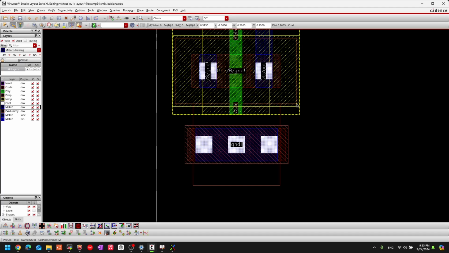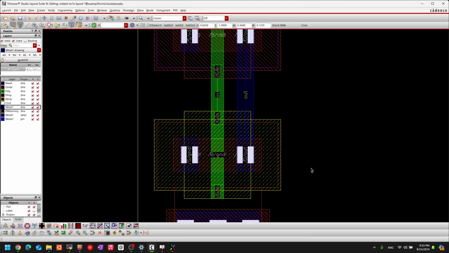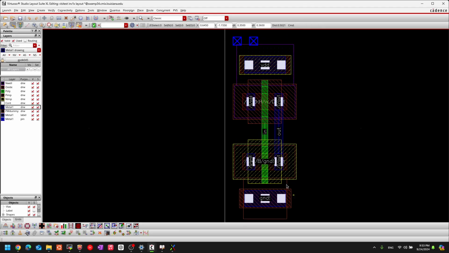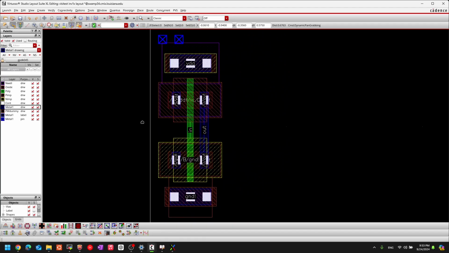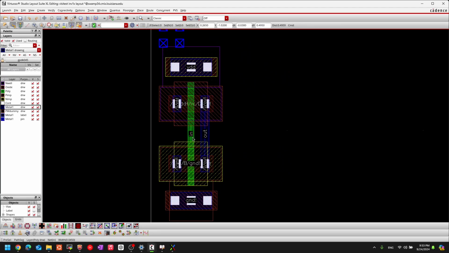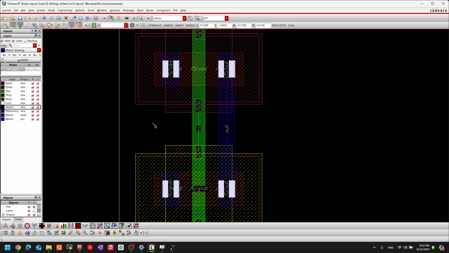So before we do the DRC check, I'd like to first make sure, or actually let's do this, then I'll show you how this violates in DRC. So first thing first, we have the pins here. There's one more thing we have to do, and that is to connect a metal wire, or have a metal to poly contact connected here, so we could have a metal 1 wire coming out of this